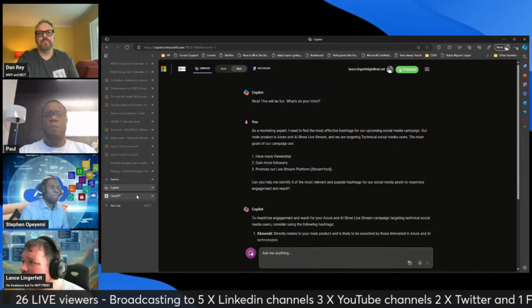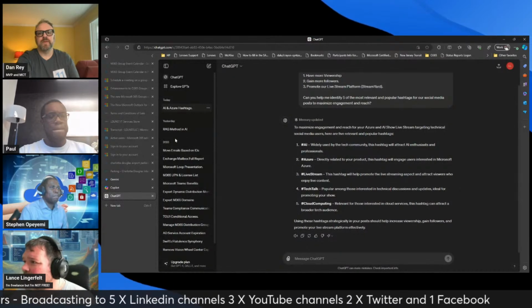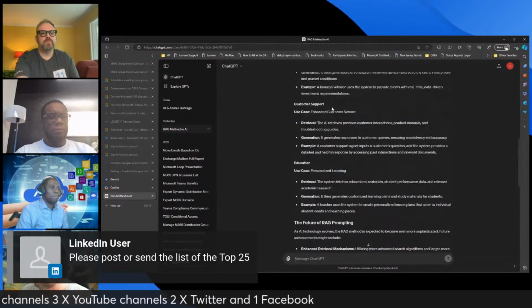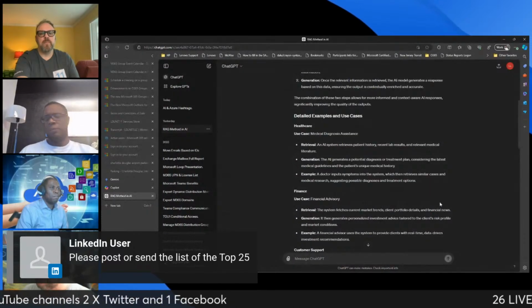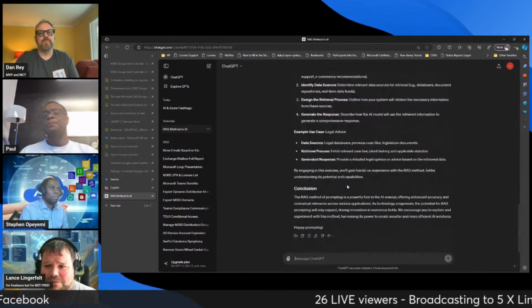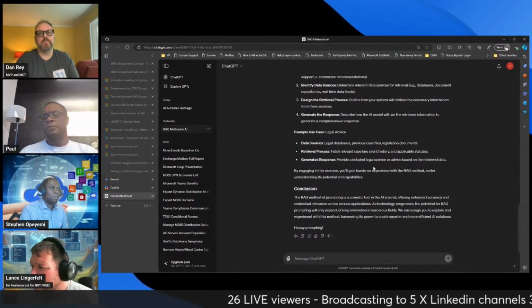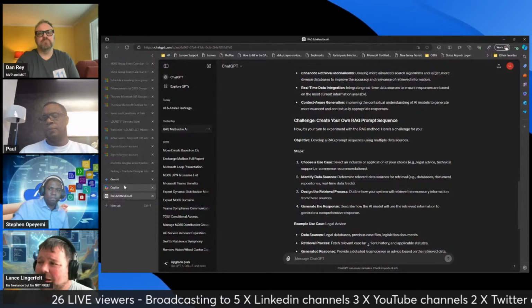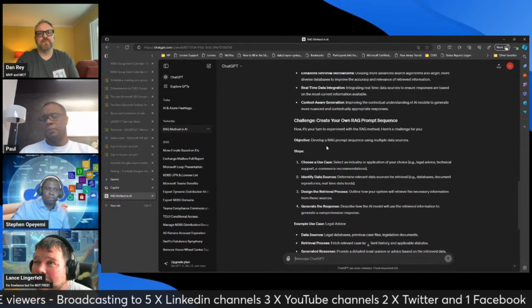I can't find them right now, but in ChatGPT I had my RAG method in AI, and it did similar things. I took data from Gemini and Copilot and put them all together for my blog post, and it's all vetted information. Copilot actually gave me the references,